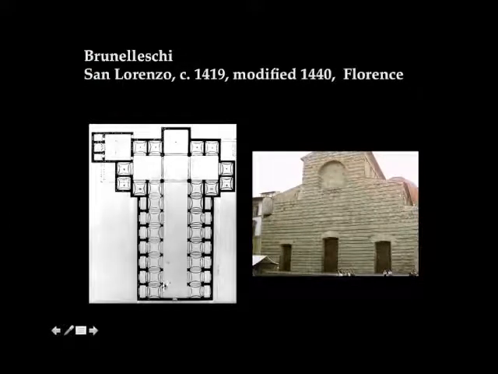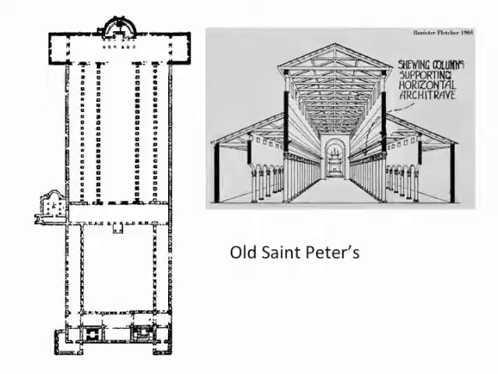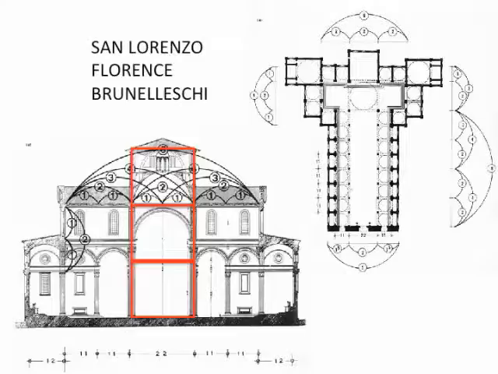But when he builds this, he's not interested in making a church that looks like a Gothic interior. He's really trying to recover an interior space that's sympathetic with antique models, and so he looks at the early Christian church as a model for what he might do. But it does illustrate to you the proportional system that he's using here, where the square is expanded upon and contracted to really organize almost everything within the building. And this is a technique that you can find in every Brunelleschi church. Brunelleschi loves that square. And the square works not only in plan, but also in section.